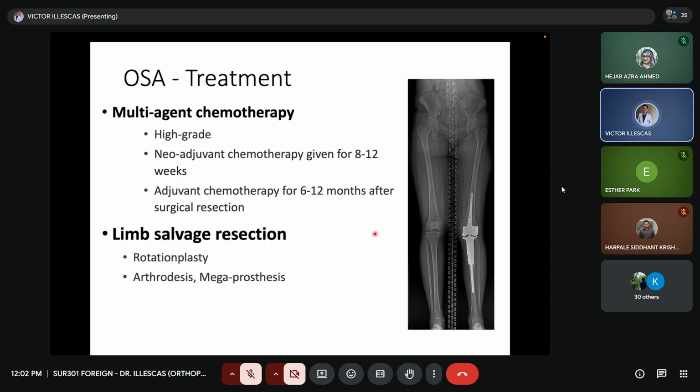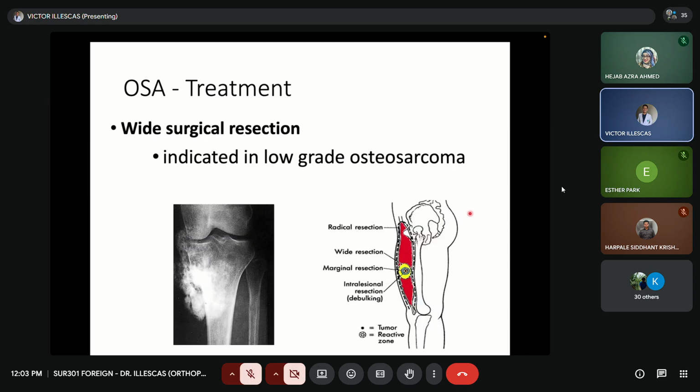So this is an example of a limb salvage procedure wherein we remove the entirety of the proximal tibia and then place a megaprosthesis over the knee joint that will still preserve the remaining bones that are not affected by the tumor. So that's an example of limb salvage procedure. So I have mentioned that with osteosarcoma, you can try